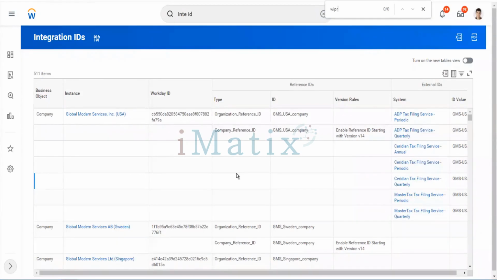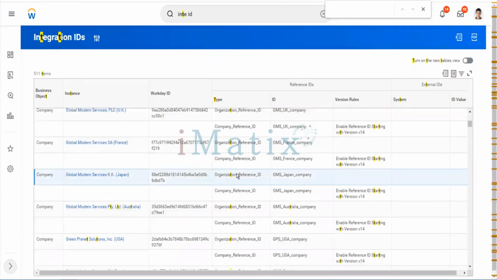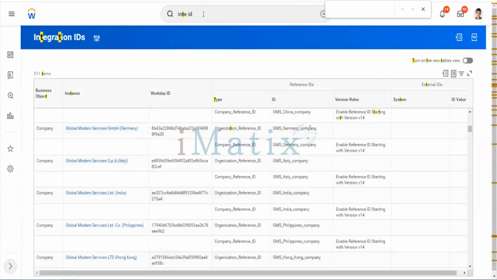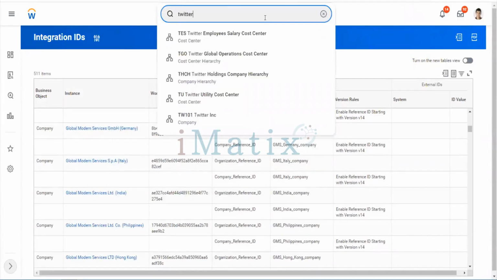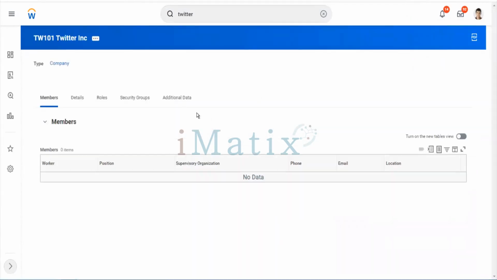It's Twitter. Then why is Twitter not here? Who deleted our Twitter? Where is Twitter? Where did it go? I think the tenant got changed. That's why all these earlier things are not here now. It's there. Why then is it not coming? Maybe because of some functionality, I don't know, or some issue. But ideally it's there, and it should have shown.